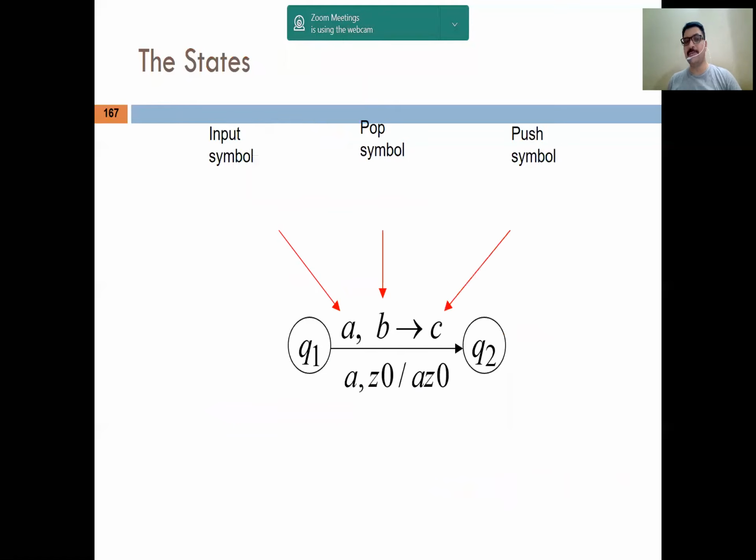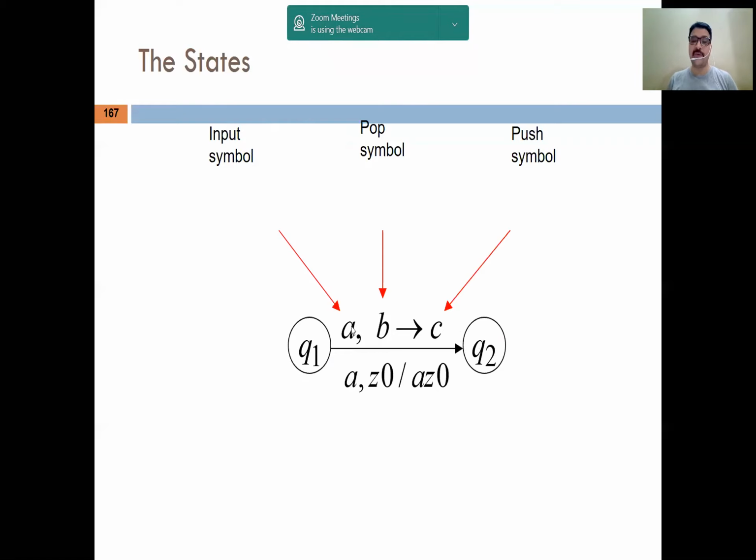What is the model diagram of PDA? And another important point: suppose we want to represent the transition diagram, then how can we show the transition from one state to another state? So simply, if you are in Q1 state and you want to move to Q2 state, in that case